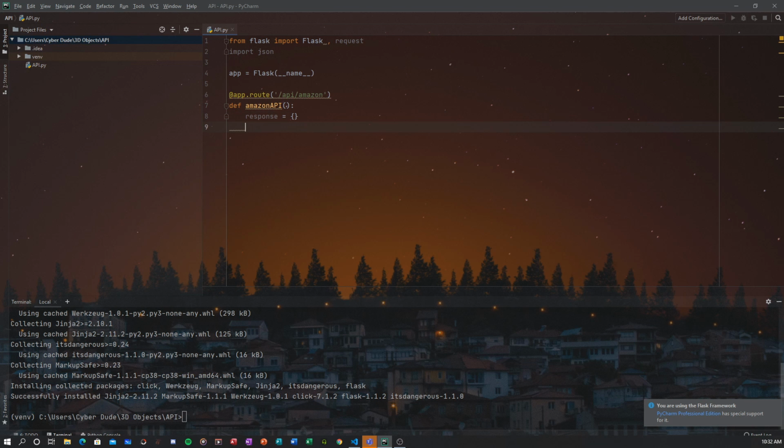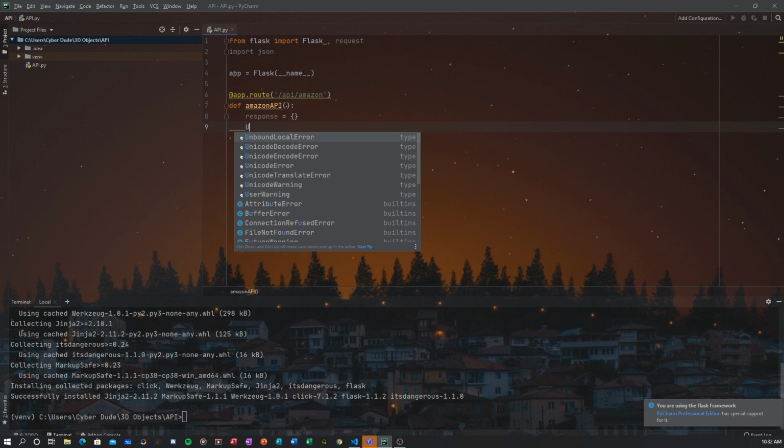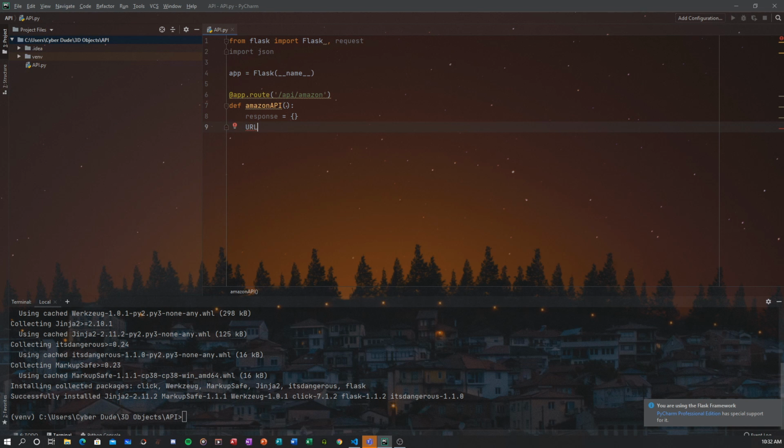What we're actually going to do is, on the URL where we put the get request, we're also going to be passing in the URL of the product of which we want to get details, and that will be an argument on the URL. I'll show you how that works. The argument is going to be url.